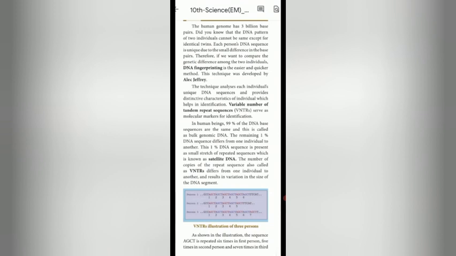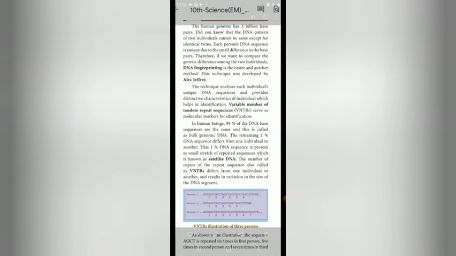That identifies the variation or differentiation from one individual to another, and also the variation in the size of the DNA sequence or segments is identified by the method called